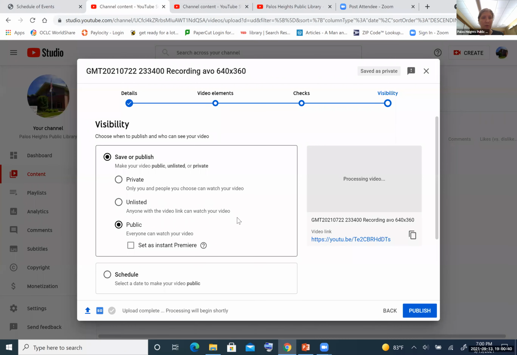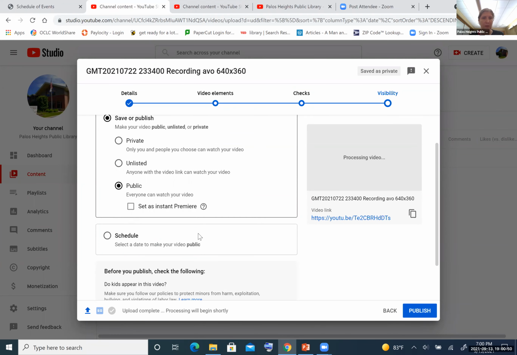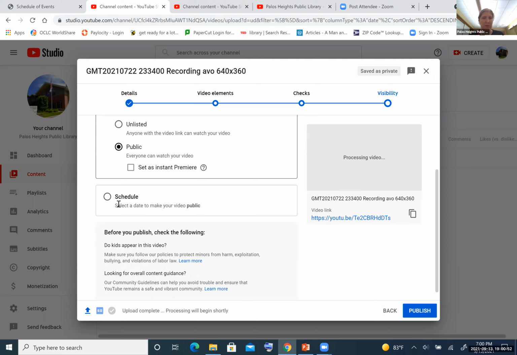Unlisted, only people with the video link would be able to watch your video. Otherwise, it won't come up on a search. So if you want people to actually find your video, you have to select it as public. And if you want to publish a video at a later date, you can click schedule. And then once you're all done, you would click publish.